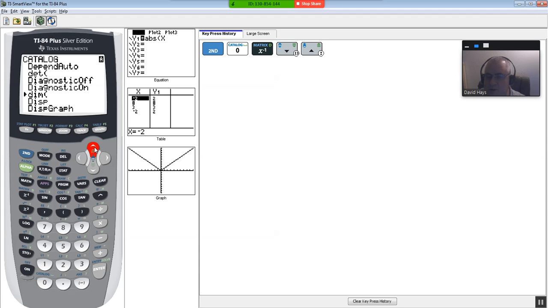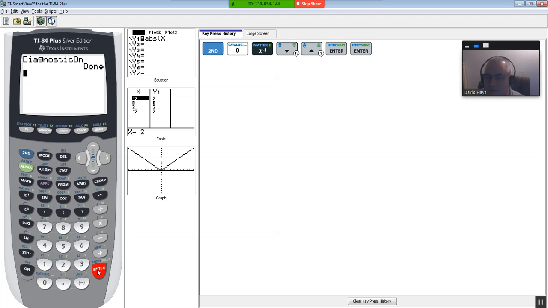Now once you get your cursor next to the diagnostic on, you simply press enter twice. Okay, so now your calculator is set up. You only have to do that one time. Now if I go to stat, do an enter on edit,